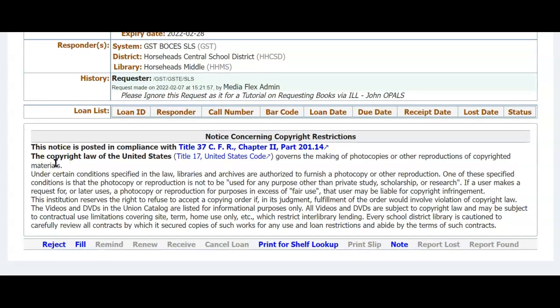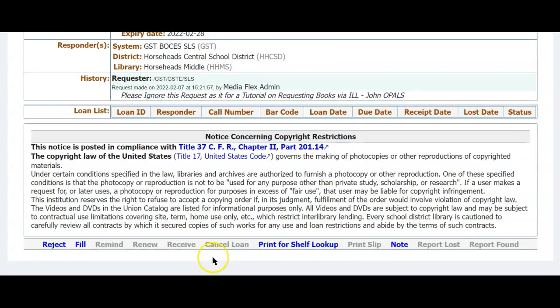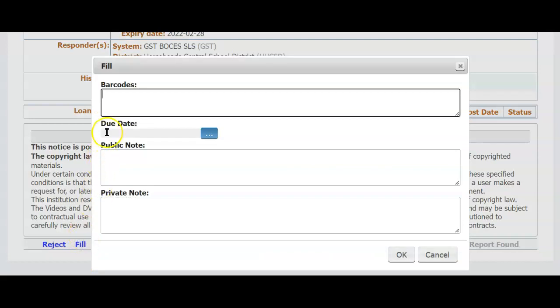Okay, I am now going to the very bottom and you'll see reject. Maybe you need to reject it because it's lost. You can't find it. You can fill the request, which I will do. You can also print for a shelf lookup. So you could print the call number up here, right here, FIC TEL, and print that out and go to your shelves and look it up. And you can put a note on as well. The grayed out options would not be grayed out if the book was becoming overdue and you wanted to renew it, etc., etc. Okay, I'm going to click Fill, and